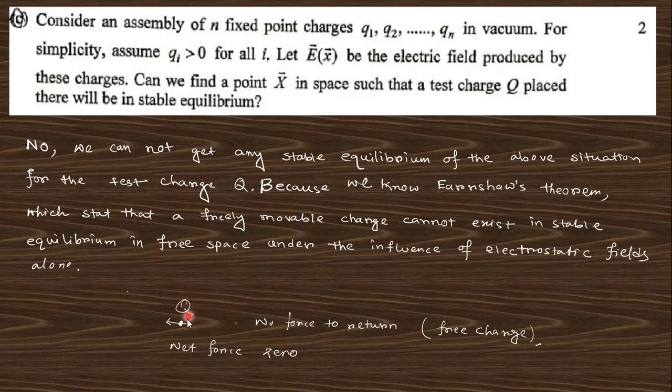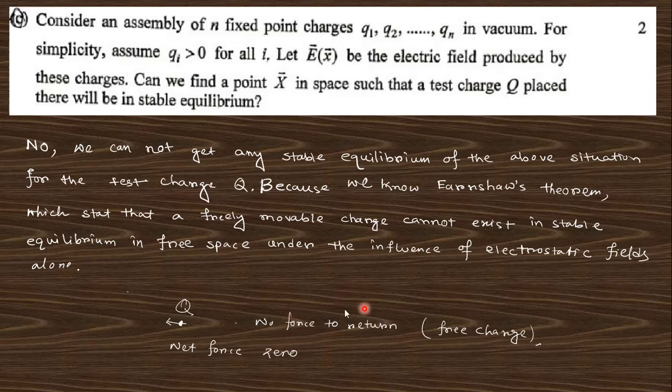Just think about one thing: we find a point where the net force is 0 in this electrostatic field, but if we displace it slightly, then it changes position and the net force is not 0, then it becomes free. Okay, that means it cannot go back to this position. For stable equilibrium, if we change the position, it goes back to its previous position. But in this case, for the free charge in the electrostatic field, it is not fixed at that point. If you displace it, the force will change and it will be ejected from this region. Clear?